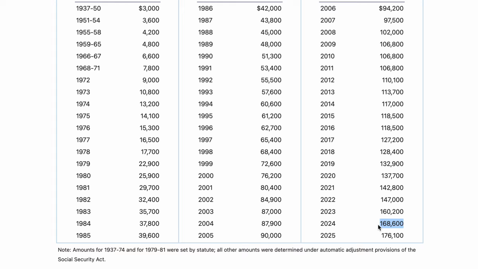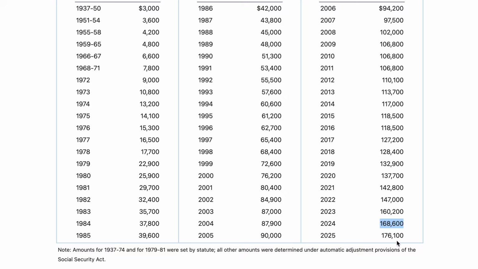$168,600, which means that any employee would have 6.2% deducted from their pay on up to $168,600. After that, they can earn as much as they want, but they would not contribute any more to Social Security. That does impact their earnings. It would also impact money coming out of their check. So someone making $200,000 would contribute the same as someone making $168,600. In 2025, that amount went up to